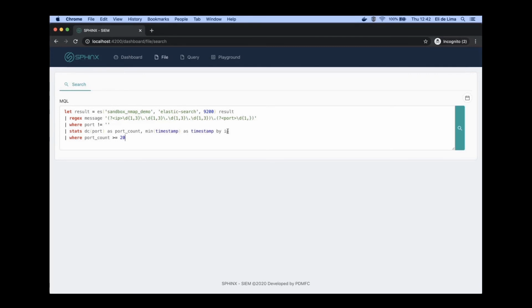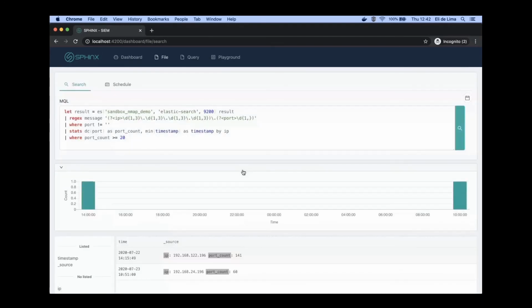So the trigger to send an alert would be whenever it finds a port count greater than 20 in the past 30 seconds, it's going to raise an alert, and it's going to send it to the action that you've selected on your schedule.